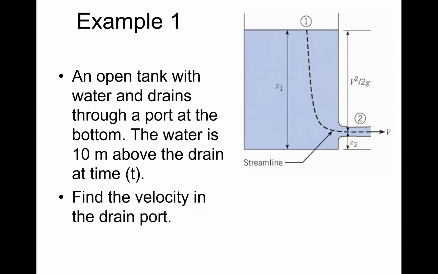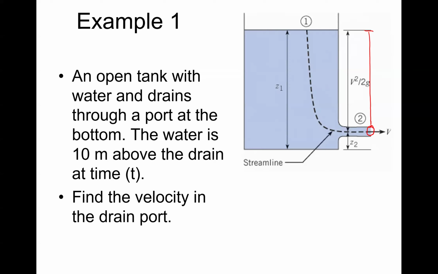It says basically an open tank drains, and the distance between the water and the drain is 10 meters. And with just that, we're supposed to find the velocity at the drain port. You see that we don't even know the diameter of this drain port. All we know is that there is 10 meters from here to the drain port. And that is enough for us to calculate a